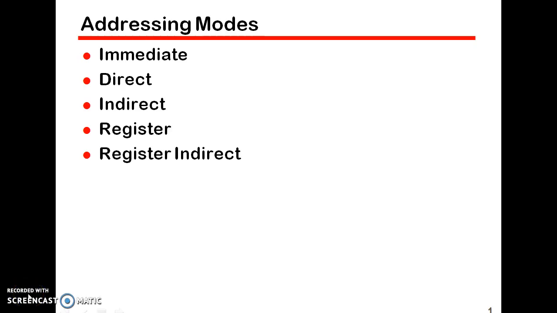Today I'll be talking about different addressing modes. Firstly, we need to understand what addressing modes are. An addressing mode is basically used to find out how exactly we're going to access the operands. According to the way we're going to access the operand, they're classified into immediate, direct, indirect, register, and register indirect